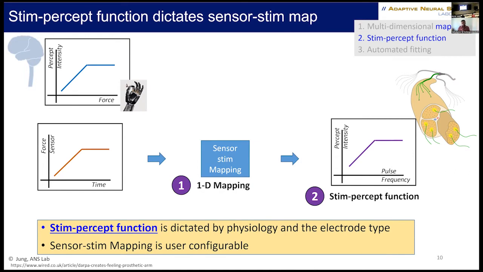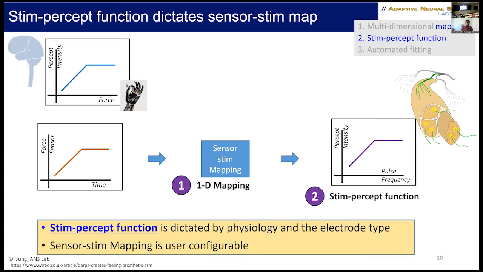And then you have a stim percept space, what I call the stim percept function, which defines how these stimulation parameters affect perceived intensity. Now, the stim percept function is dictated by the physiology and the electrical interface that you're using to connect with the neural tissue, while the sensor stim mapping is completely in control of the user because